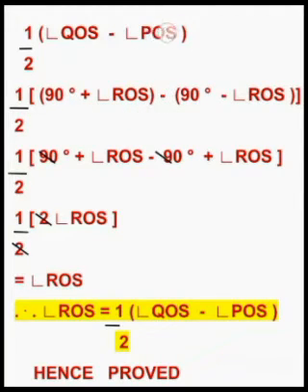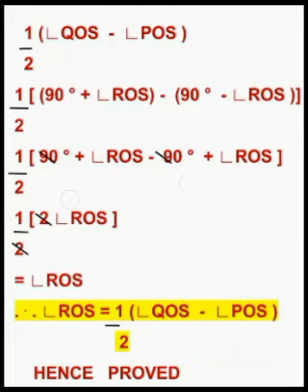Equation 2, how much we got? Angle POS, 90 degrees minus angle ROS. Isn't it? Let us replace that one. Minus of 90 degrees minus angle ROS. Now, half of angle 90 degrees plus angle ROS, minus plus 90 degrees will get minus 90 degrees. Minus, you will get plus angle ROS. Here, children, plus 90 degrees and minus 90 degrees will cancel.